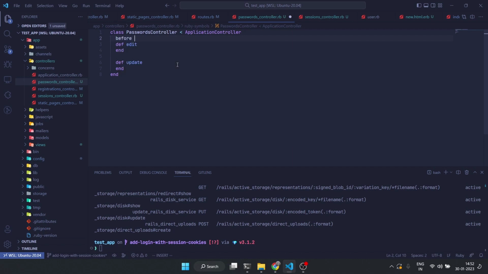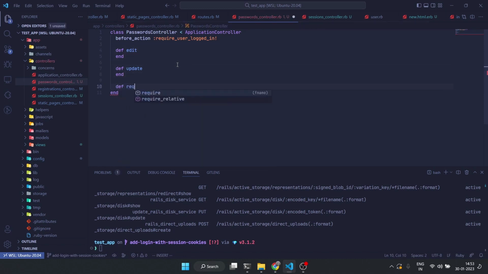We'll call it require user logged in. Yeah, so we'll just define it here. I'll just show you how that works. So I'll define require user logged in, right? So if @user is nil,